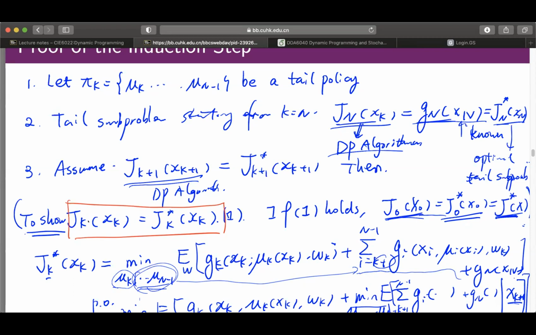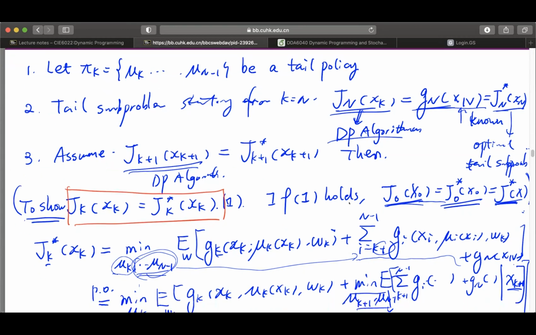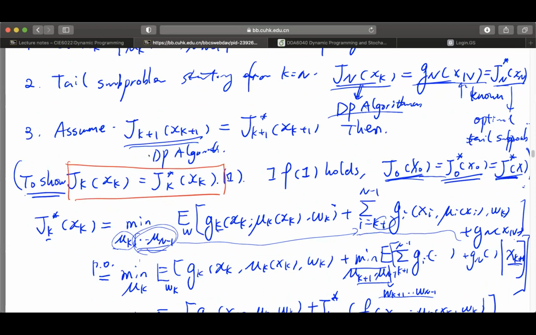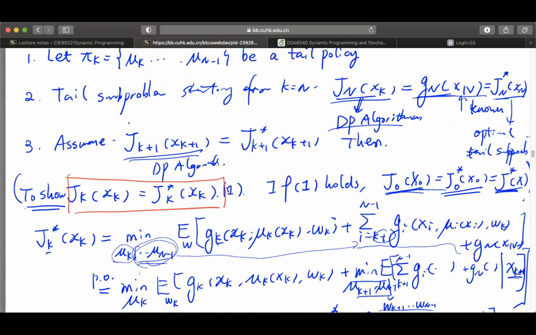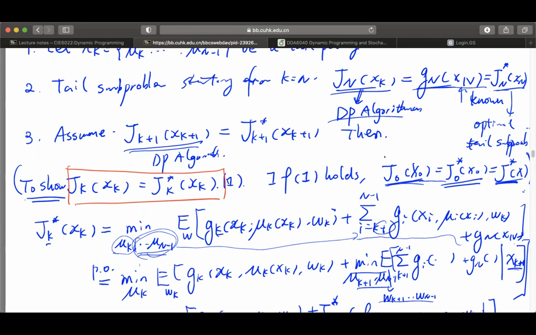We need to show by induction that at the previous stage, J_k will also equal J*_k at x_k, for each x_k, meaning these two functions are identical to each other. If we can show this, that means for each k, J_k equals J*_k. And also, of course, it holds for